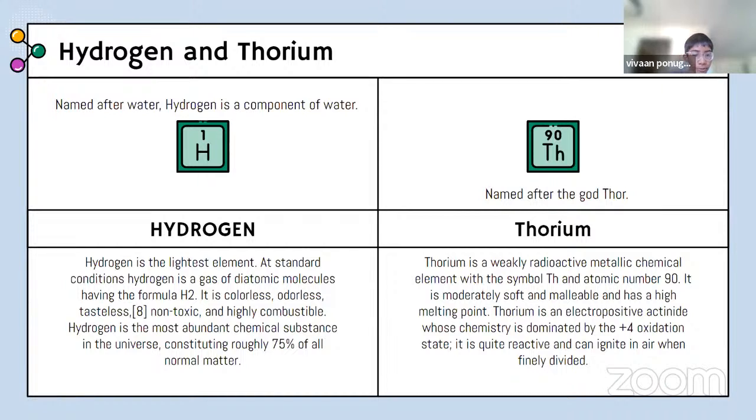It is colorless, odorless, tasteless, non-toxic, and highly combustible. Hydrogen is the most abundant chemical substance in the universe. It makes up 75% of all normal matter, meaning 75% of you, 75% of the universe, 75% of the building that you're probably in is